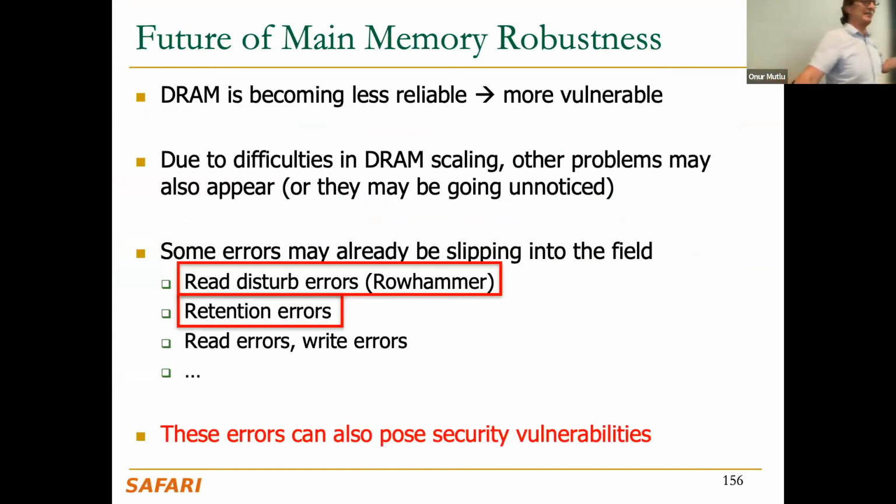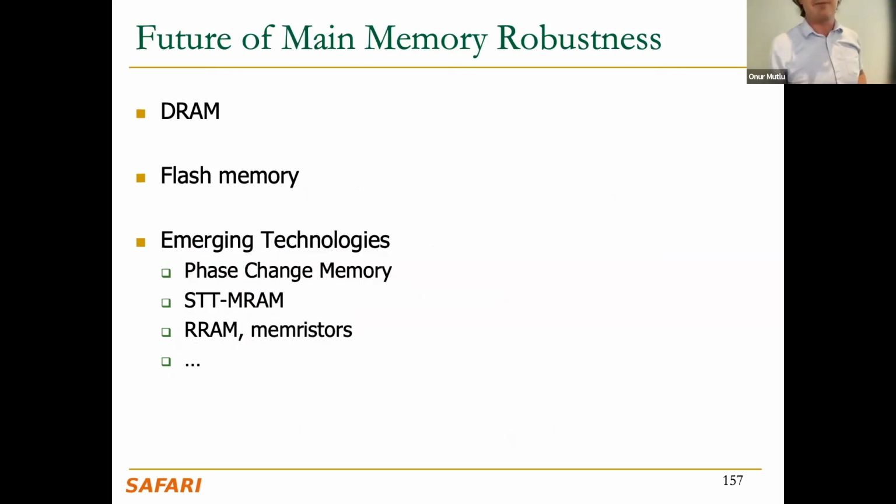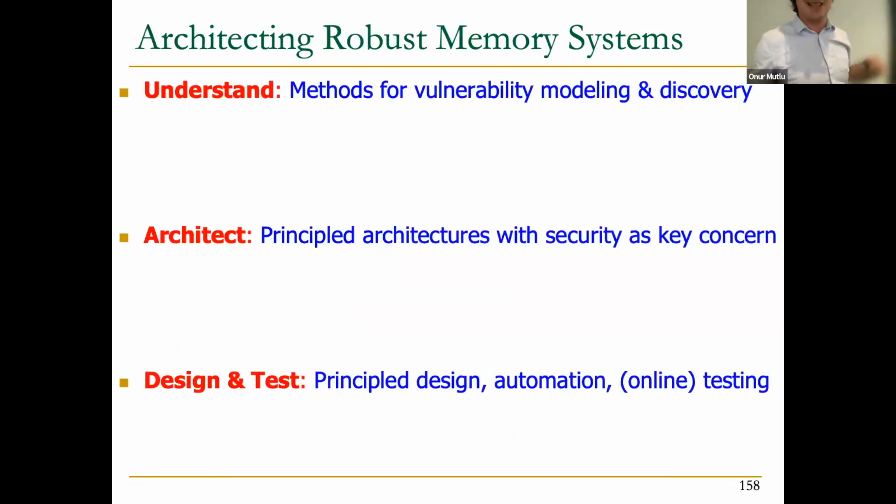Okay, so since we don't have a lot of time, I will go through this relatively quickly. I think the future is more bleak, basically. Due to difficulties in technology scaling, we're going to see more of these errors. And some of them may be happening and we don't see them. They may be going unnoticed. And I believe we need to examine these. These errors can cause safety and security vulnerabilities clearly. And this is true for all technologies. There was a question earlier on different technologies. I don't believe any technology is immune. We have not come up with a magic memory technology yet, even though some people in the past have claimed that some technologies over here on this list were magic, let's say.